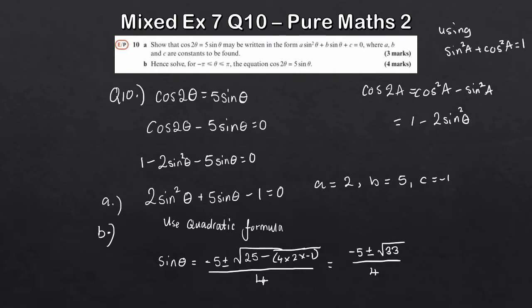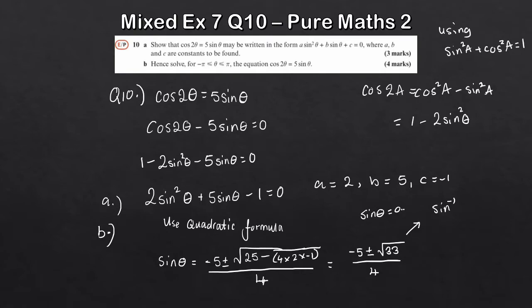So it's up to you how you solve this. You can use a cast diagram, you can draw a graph, or you can just solve it using basic knowledge. It's only just a sine equation here. So I'm going to take sine inverse here of (-5 plus root 33) over 4. So if you do that, what you'll get is that sine theta is,